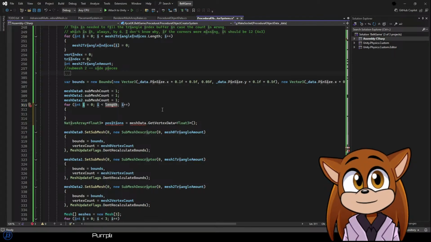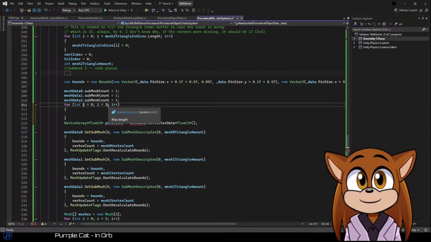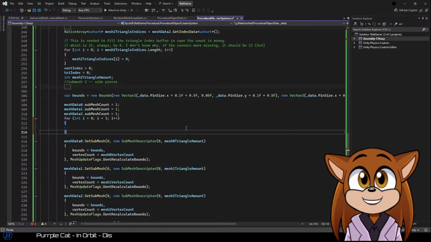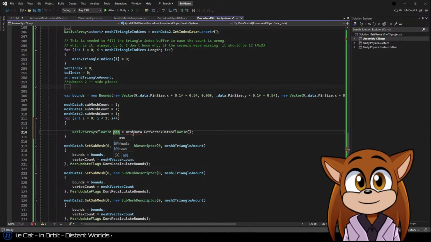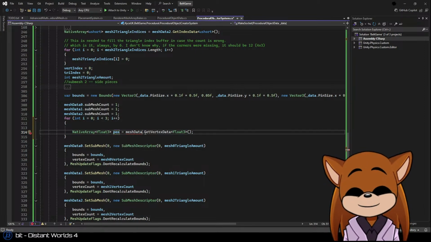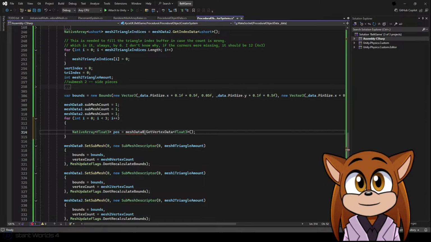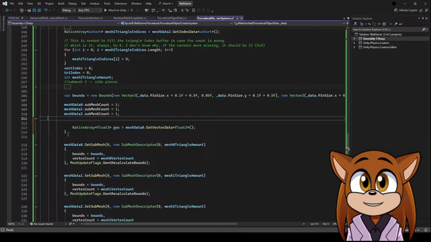Or int i equals 3. Mesh data 0. Don't get vertex data. Oh, this isn't going to work. I need to